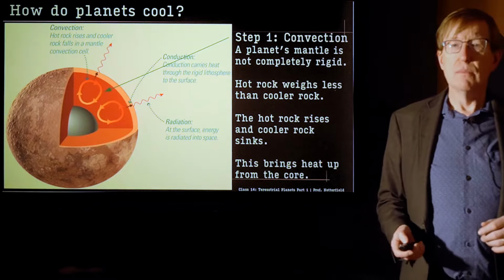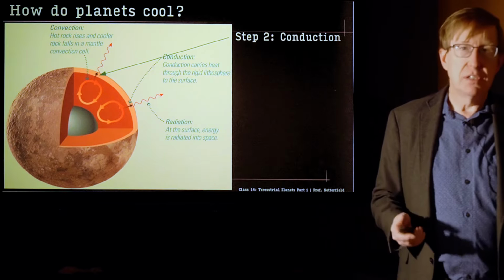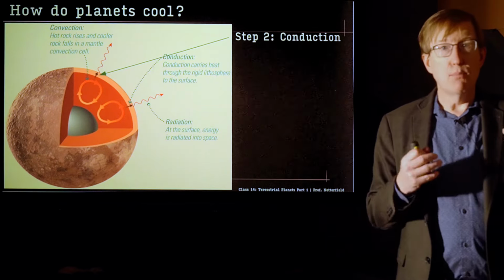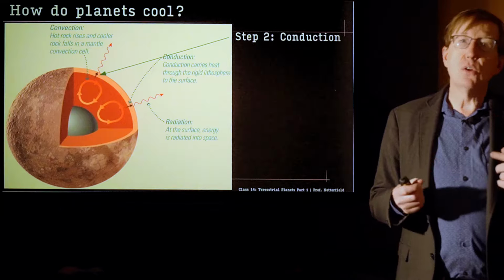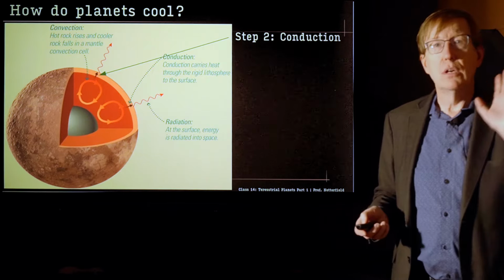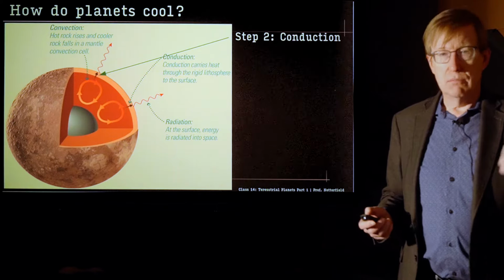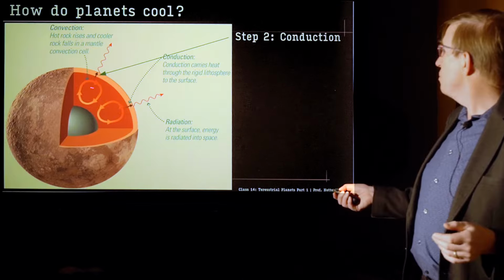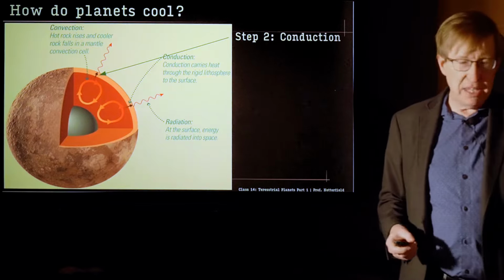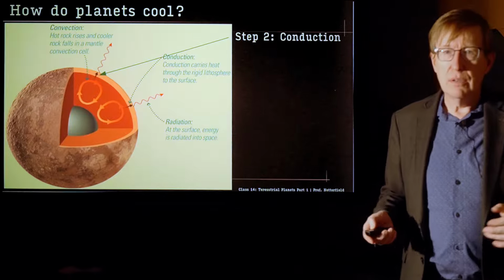That's step one. Step two, conduction. Now the crust is colder and more brittle and doesn't undergo convection. It's just too cold for it. If you tried to do that, it would just crack. So the surface doesn't move. So you get heat through it just through conduction, right? If you heat up one end of a thing, the other end of the thing will eventually heat up. It's slow, but